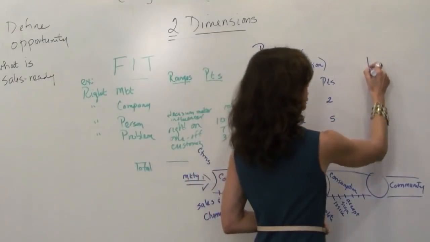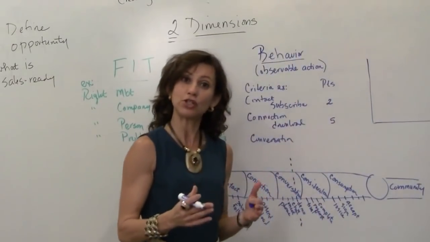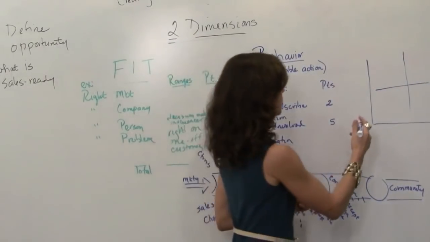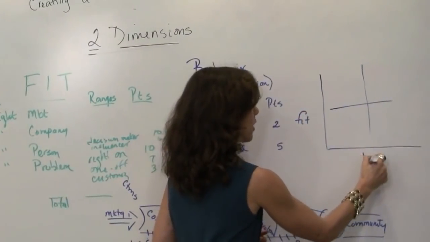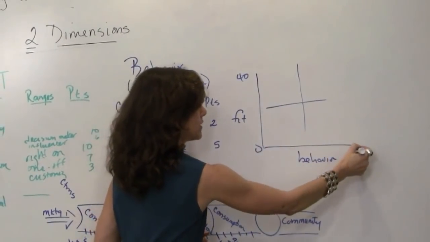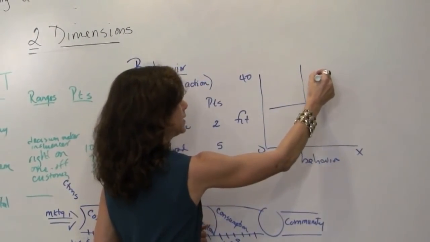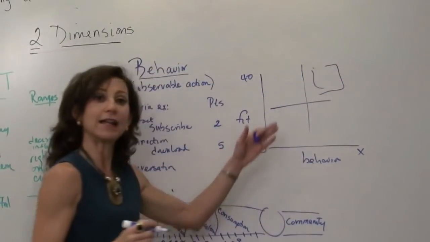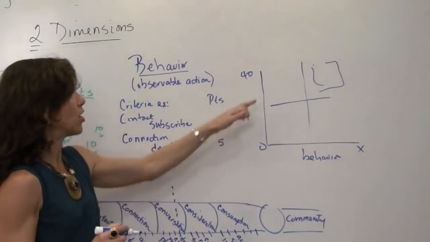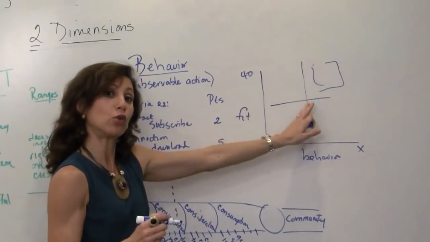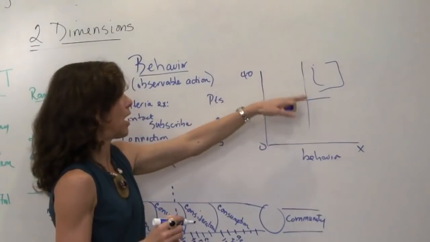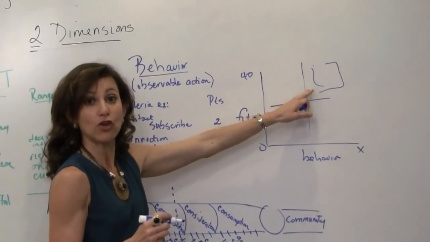So ultimately, you really end up with a two-dimension way to plot or actually score your opportunities. You have your fit and your behavior, and as you're scoring them along the way, depending on what this number is here, those that are falling into this bucket, so to speak, that's the bucket of the highest, best qualified opportunities, the most sales-ready opportunities. You can figure out how you want to handle those, how you work with the sales team to move those through to conversion or wins, and then of course doing win-loss analysis for those that you lost because they had